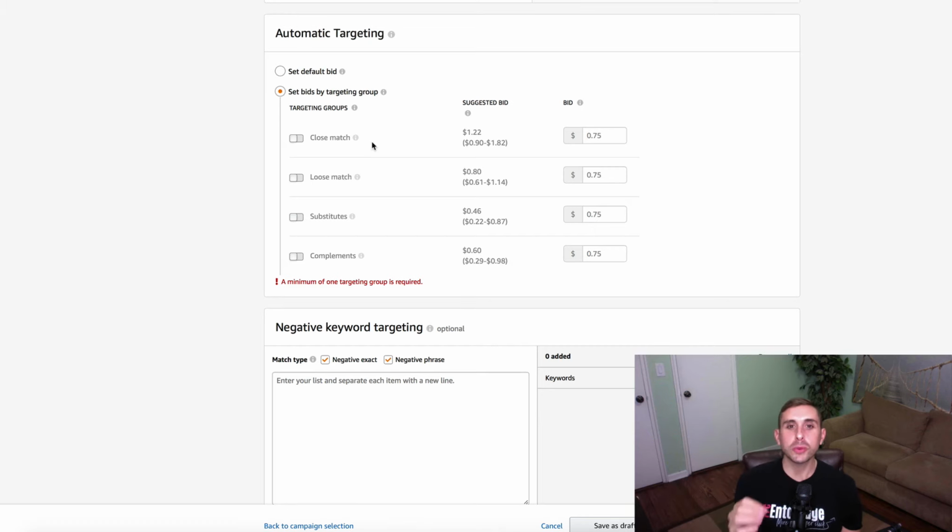So guys, I hope this was helpful in clearing up the difference between the 4 targeting groups. You have close match, loose match, which are search term and keyword related, and you have substitutes and complements, which are product targeting related, putting your ad on the product detail page. Once you know that, you can set this up and you can think about strategy. Where do I want to show up? What is my ACOS target, and how can I start to modify my bid to make sure that I benefit from all of these different targeting